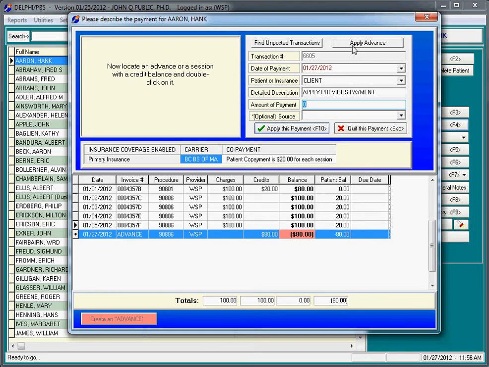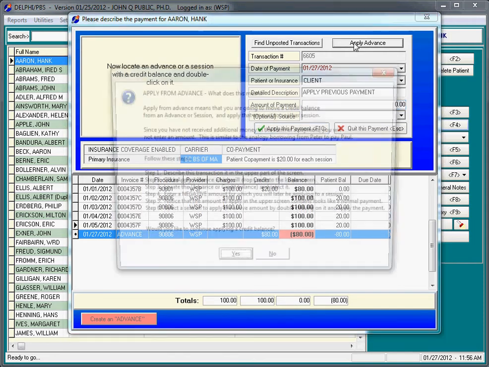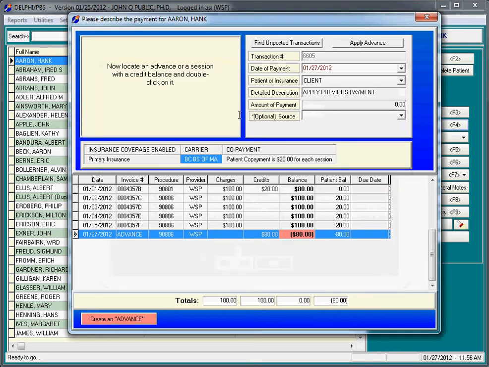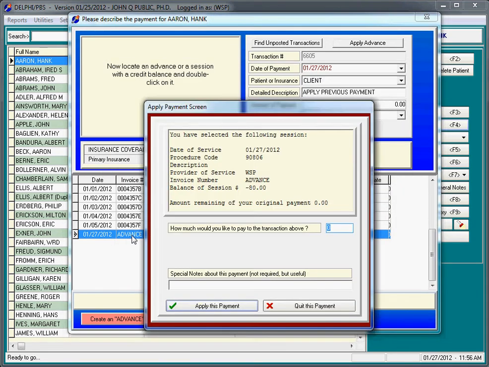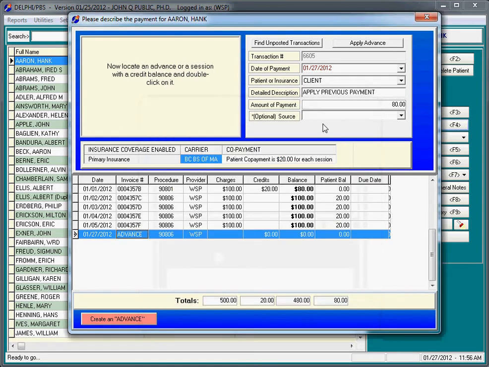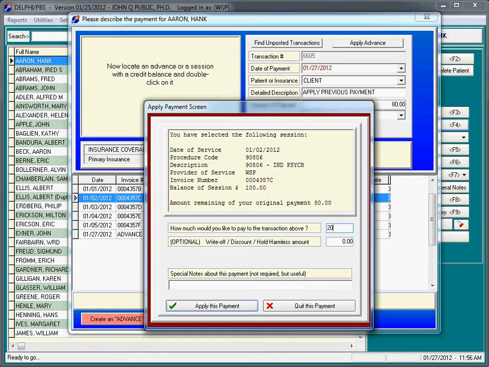So I will click on apply advance. Remember, the dollar amount is zero. I click apply advance. I click yes to the lecture. I double click on the advance, and I want to take all 80 away from it, minus 80. I click apply, and if you look at the amount of the payment, I now have a normal payment of $80, in which case I'm going to pay 20 against this session,